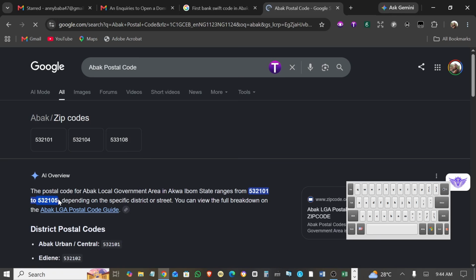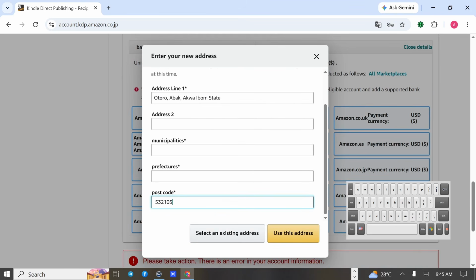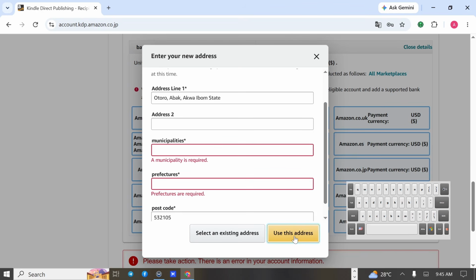And then you select this, go back again, and then you paste. Do you understand? Select use this address. So click on use this address, click on that. Oh,